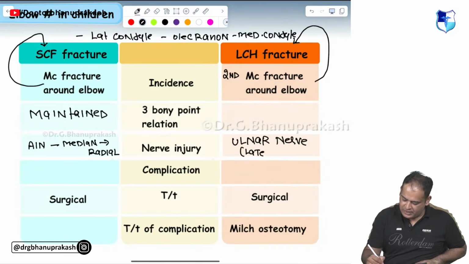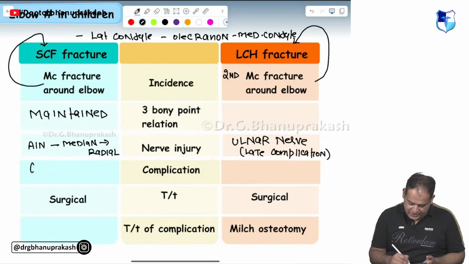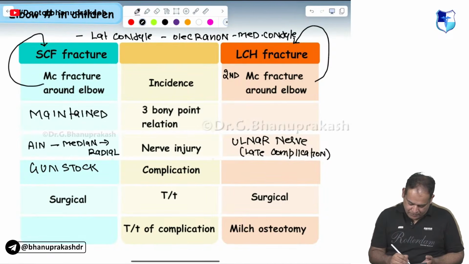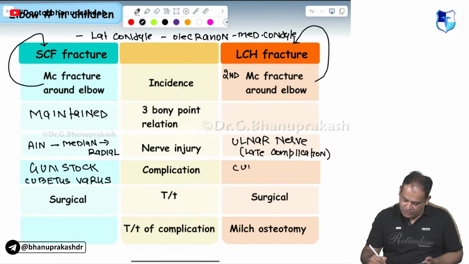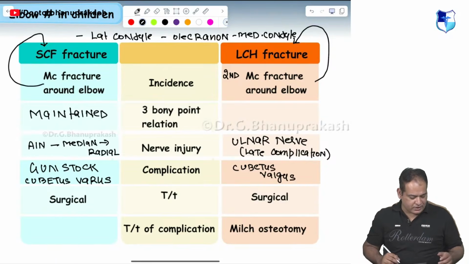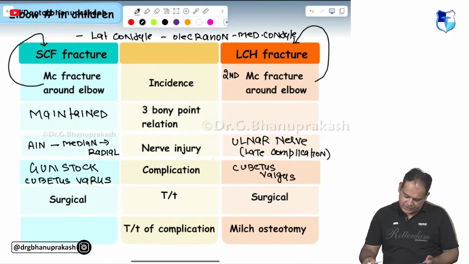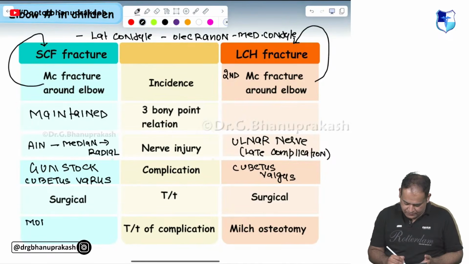That too is a late complication. What is the complication here? Gun stock deformity. And what type of deformity is this? Cubitus valgus deformity. And the other one is cubitus varus. Treatment in both is surgical. Treatment of the complication: